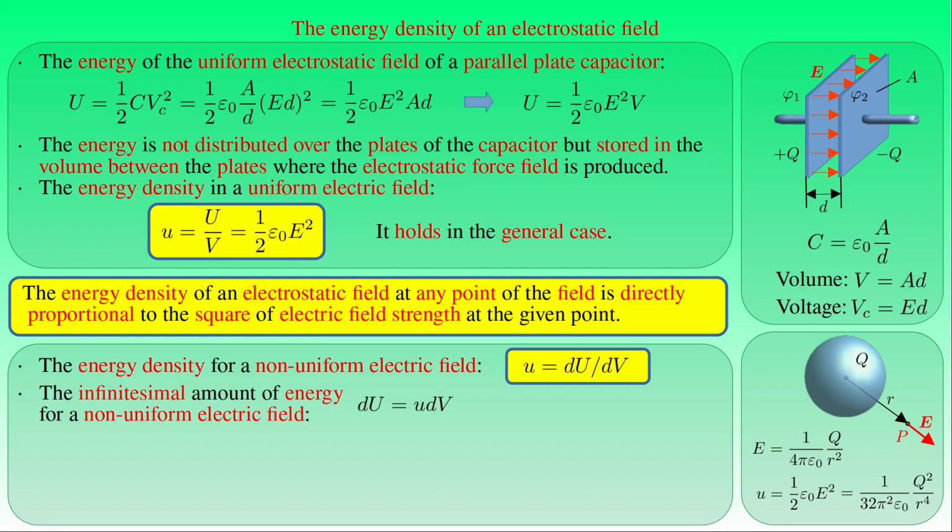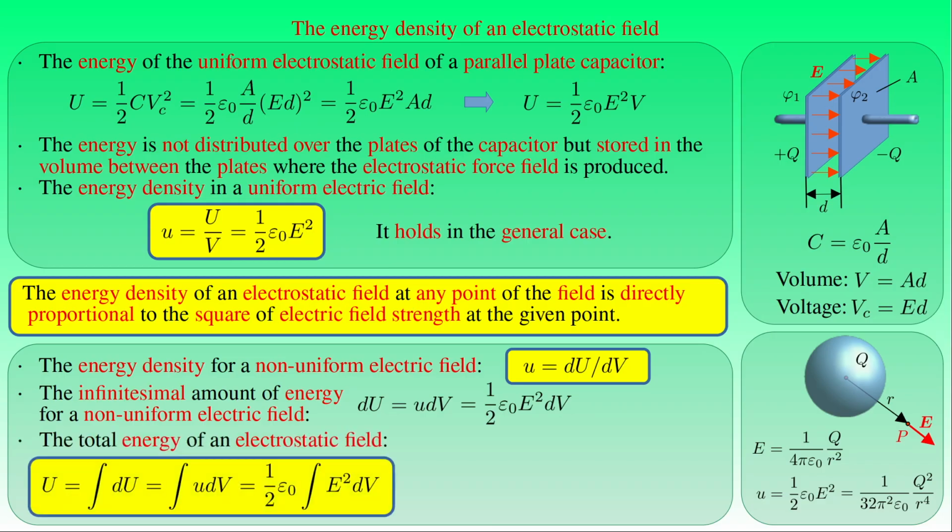By inserting the result obtained for the energy density into this equation, we can write dU as 1 over 2 times epsilon naught times E squared times dV. The total energy of the electrostatic field is equal to the integral of the infinitesimal quantity of dU, or the volume integral of the energy density u. And as the formula shows, the general expression of the energy U of a non-uniform electrostatic field is given by